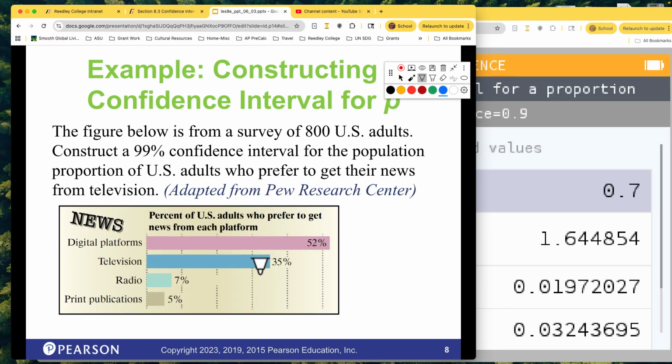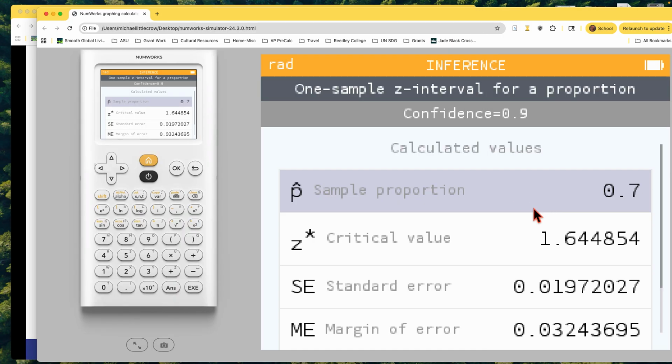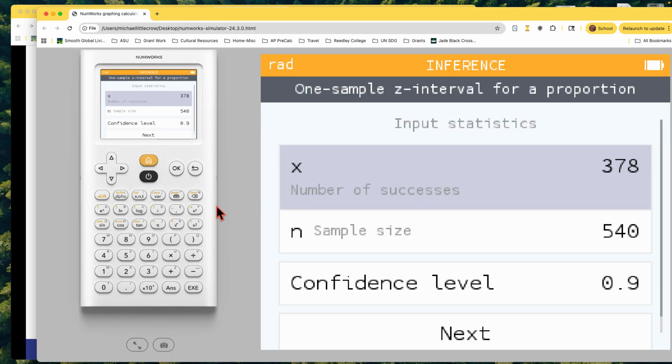Here's, again, one we looked at something like this before. The figure below is from a survey of 800 U.S. adults. Construct a 99% confidence interval for the population proportion of U.S. adults who prefer to get their news from television. So television is here. So for the sample, that's 35%. Again, this is where it's a little difficult, but not too difficult,